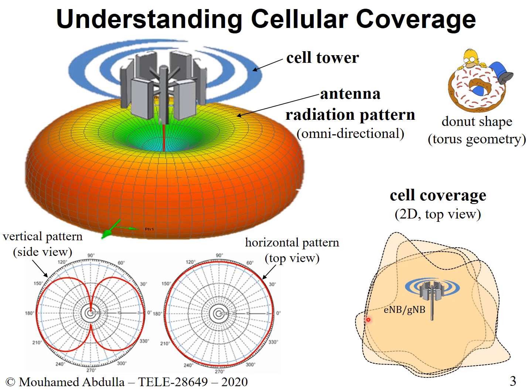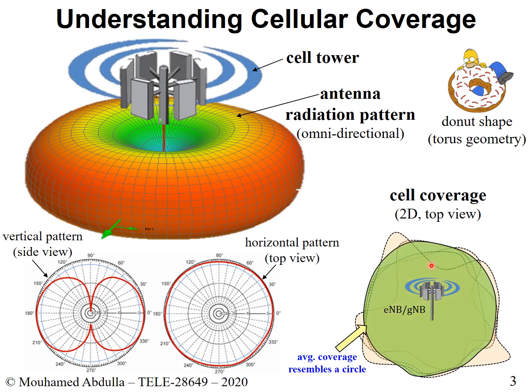But when we do analysis, what we generally do is we average all these different possibilities for the coverage, and if you average it, you'll get something like this. Now, this is not a perfect circle, but it resembles a perfect circle. So on average, we could say that the coverage resembles a circle. And this is why, in general, when we do modeling, we'll consider the average shape of the coverage, okay? This is what we will consider as we move along in the modeling.